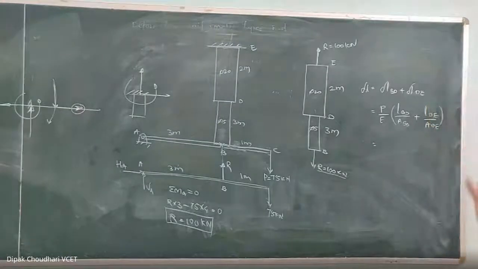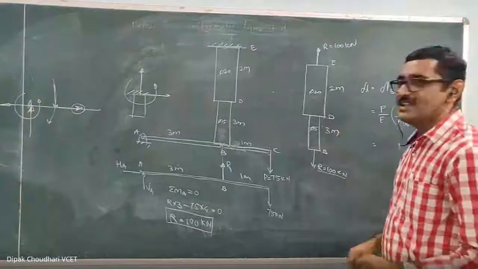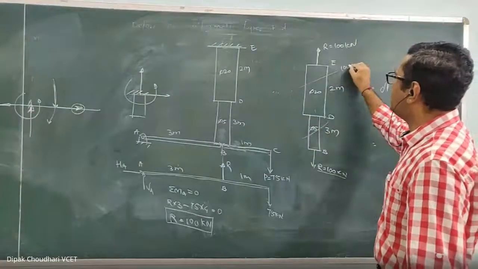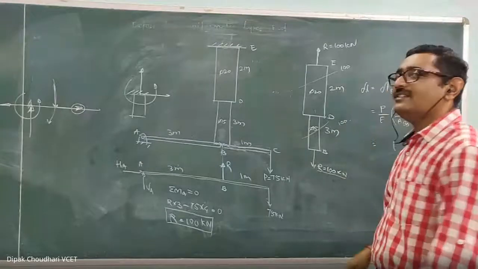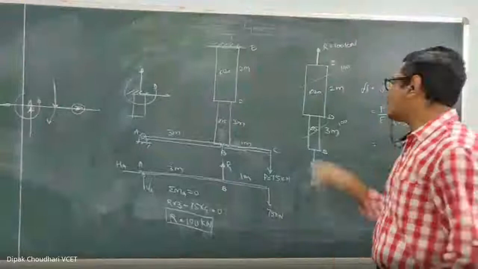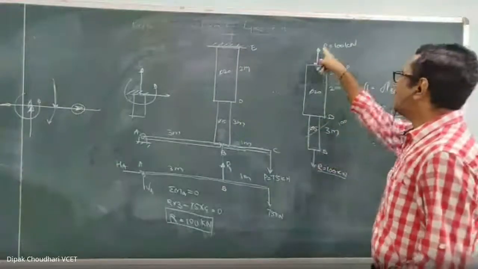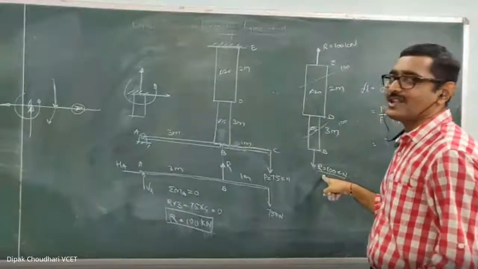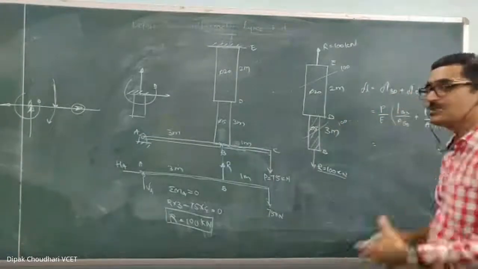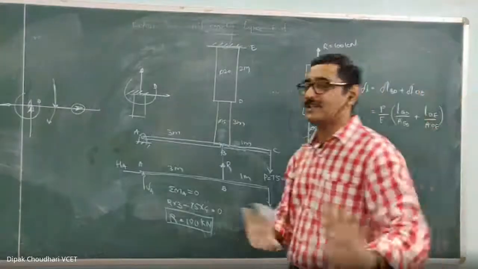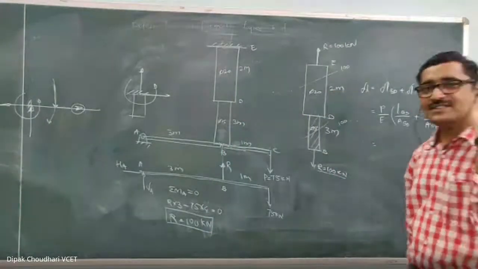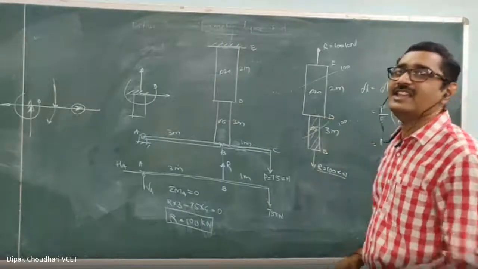Then it is asked to calculate the maximum stress in this one. Now you will observe that in both the parts the axial force is same. It is 100 in this one, 100 in this one also. And I told you that when the axial force is same, the maximum stress is induced in the part whose cross-sectional area is minimum. So under the action of this 100 kilonewton axial force, the maximum stress is induced in the part BD. No need to calculate the stresses in both the parts and compare them. Since the axial force is same, the maximum stress is induced in a part whose cross-sectional area is less.